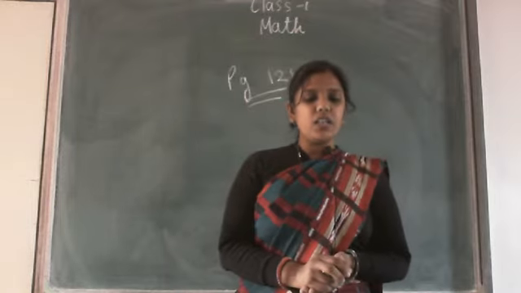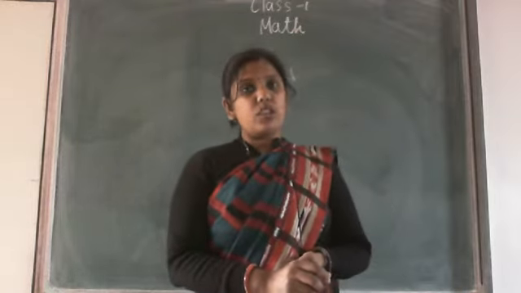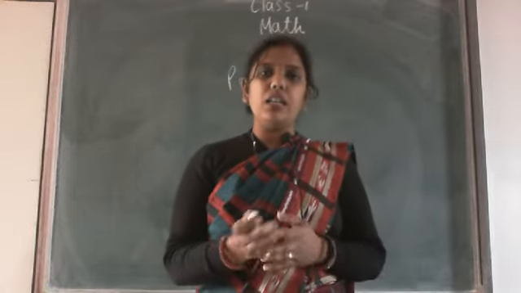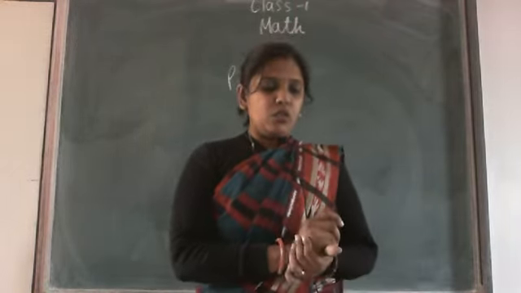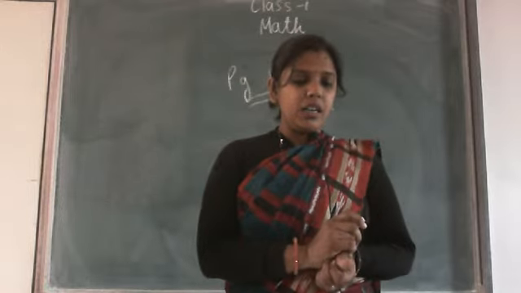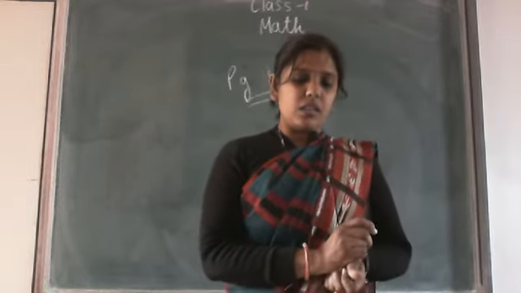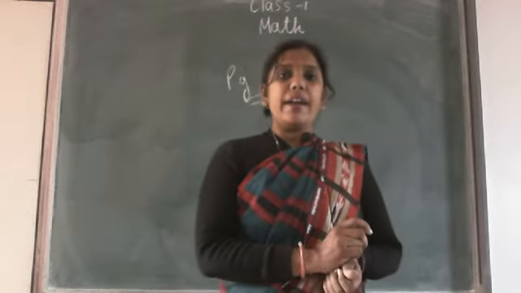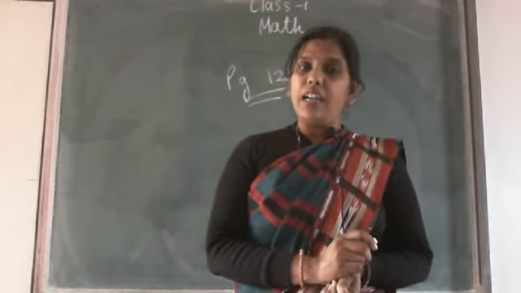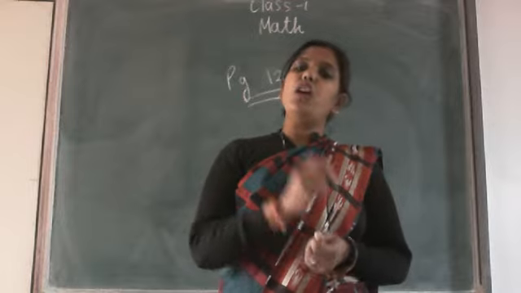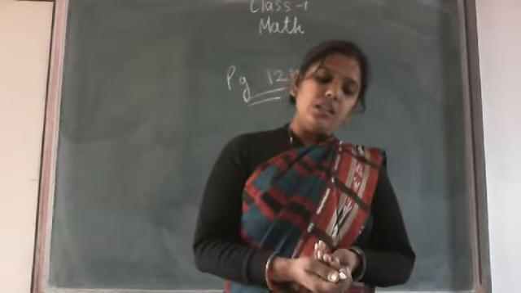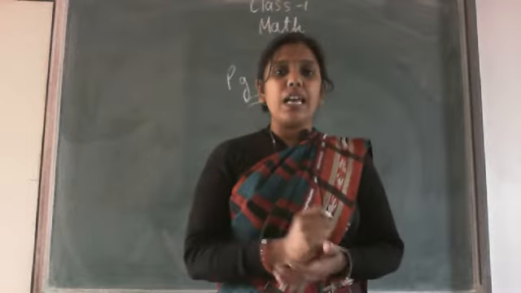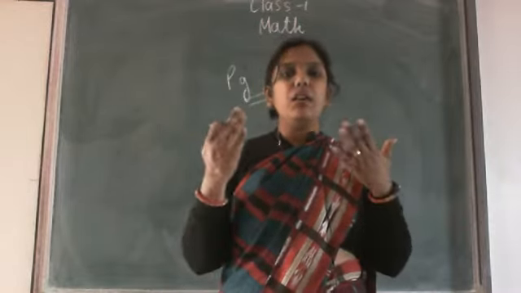Now the next question is question number 4. Question number 4 is a number pattern. This question also we have done in a previous lecture. So 10, 20, 30, then 4 circles are left. So what you have to do? You have to identify the pattern, and according to that what you have to fill next the circle. So I hope all of you understood very nicely that which number will come next.